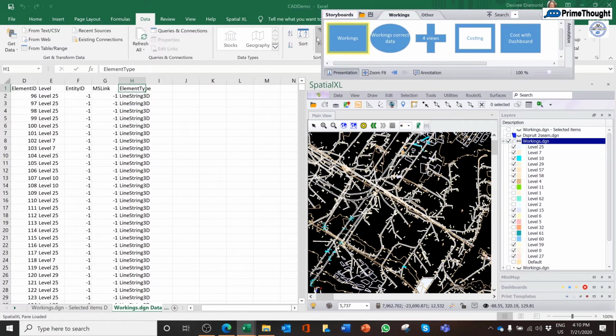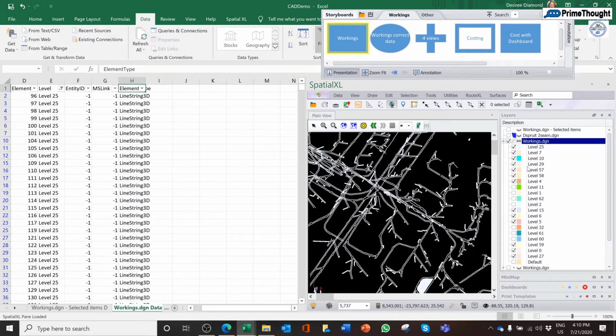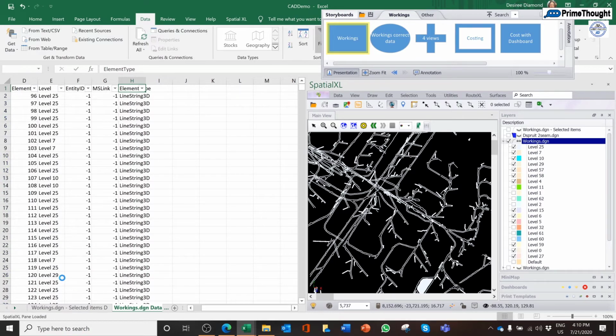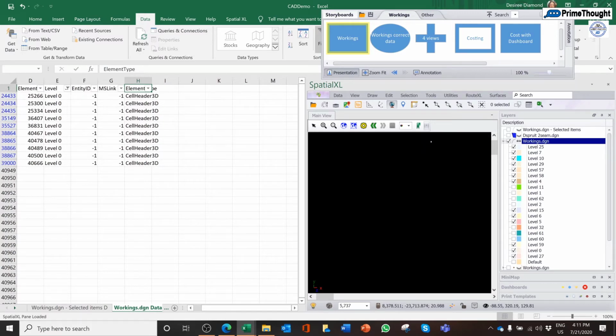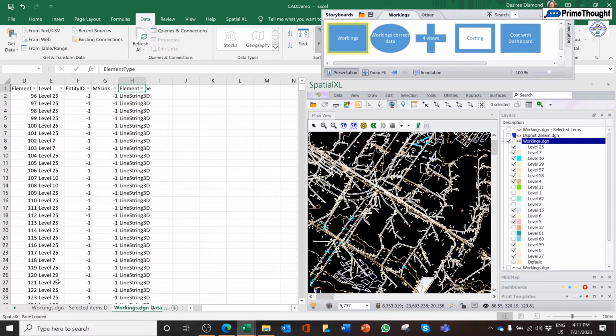Now what we can do with this is we can further work with this data by creating a filter field up here, and we can now, for instance, filter out everything that's not level 25, and that'll immediately filter out all of the data that's not level 25. If we select all of them on, it will turn all of them back on, and so on. There's only a little bit of data there on level 0. So this is a way you can unpack your CAD files and actually control them via the workbook